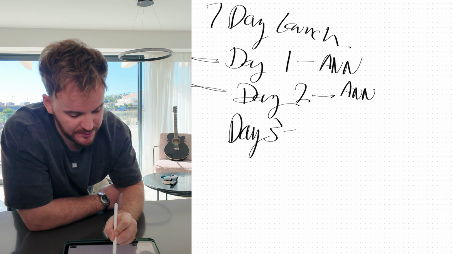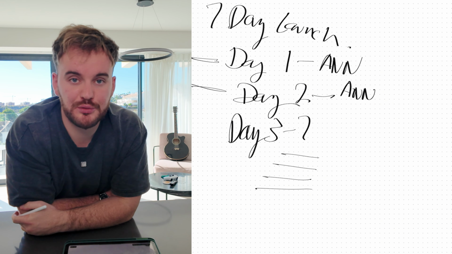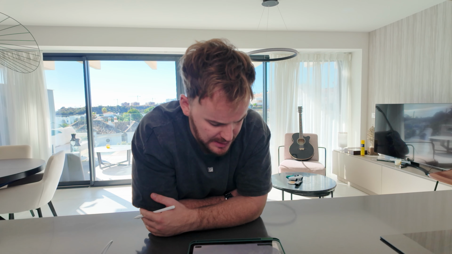Now, from day 3 until day 7, you're just going to be listing benefits and social proof. You're going to be showing exactly what people are getting. You want to be showing client testimonials. You want to be FOMOing people as much as you can. And remember, using the scarcity offer. You have to move now because the price will increase after launch or you will lose these specific bonuses. So day 3 to 7, you're hammering that FOMO, that sense of scarcity, and you can be posting multiple times per day.